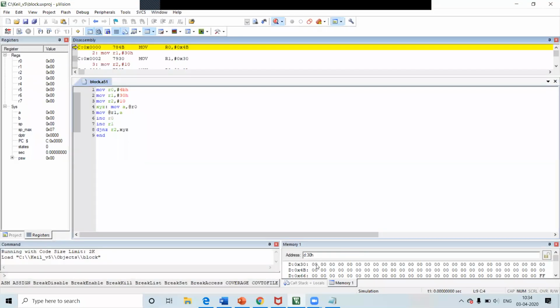Now the data is 30. These locations are selected so that you can easily see the data.